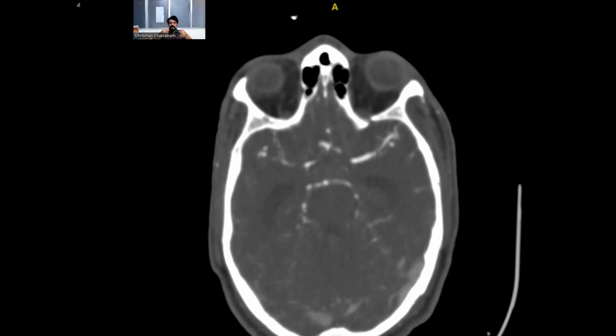After that, it will just terminate in the occipital cortex as multiple branches. Okay, so that is the overall PCA story. Now, there are parts of the PCA just like parts of the vertebral artery. The P1 segment is from its bifurcation, from the basilar bifurcation until the PCOM, the posterior communicating artery. After that, the P2 segment is from your posterior communicating artery till the turn, where it makes the turn